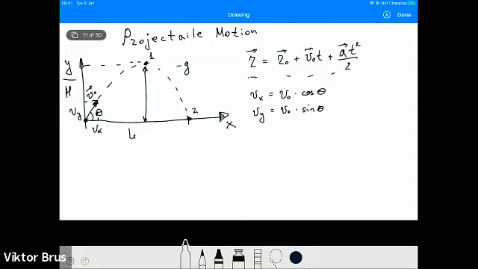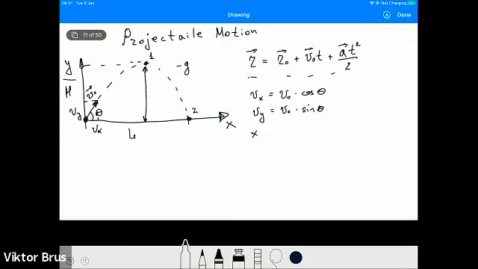So we have the components of velocities, and taking them into account in our system of coordinates, the initial position of our body is at the origin, so y naught and x naught are 0. That's why we can write